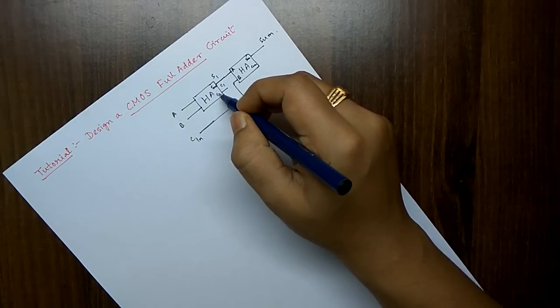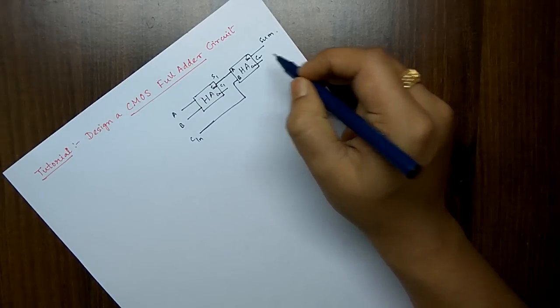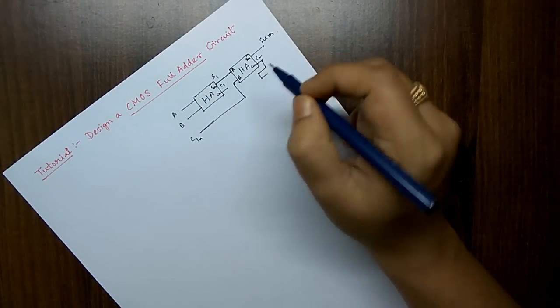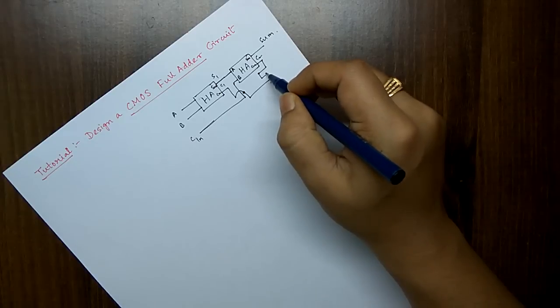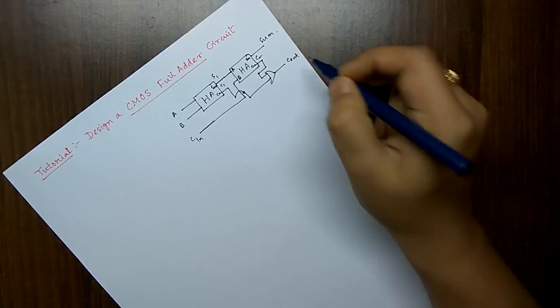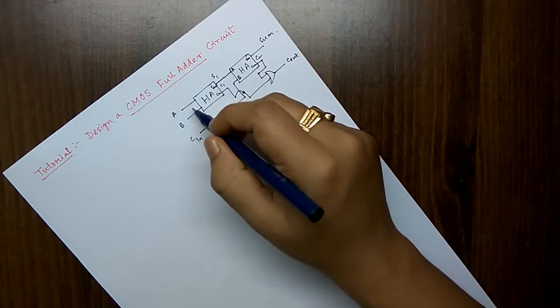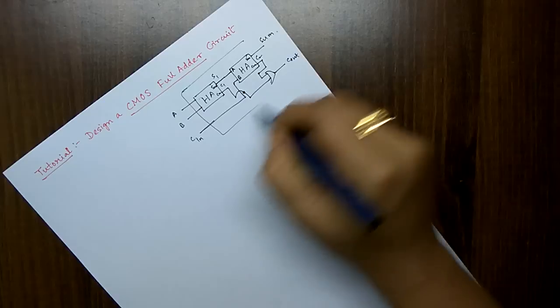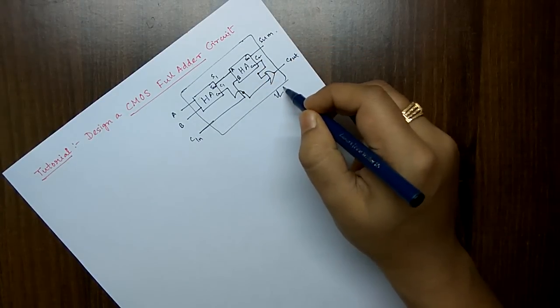Similarly here also sum and carry come out. So this is nothing but C2. Now this C2 and the previous carry are simply added to give you the main output, that is C out. So generally we go through this block diagram and we will design this using VLSI design.